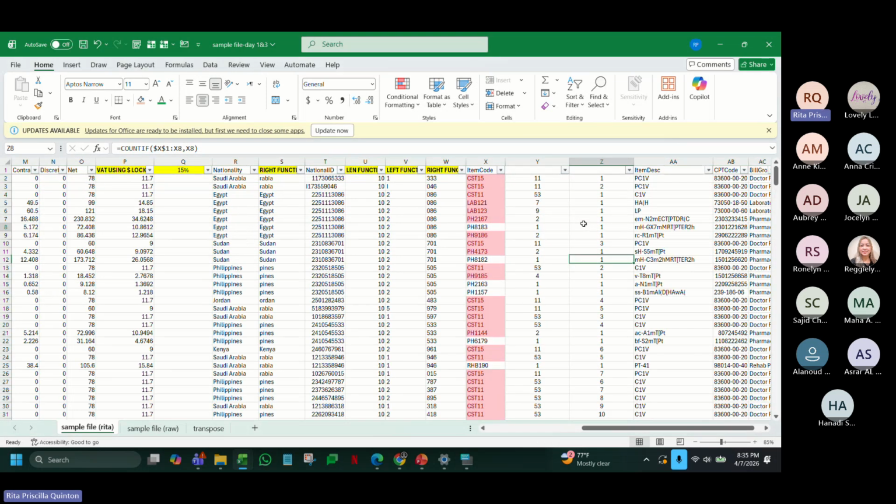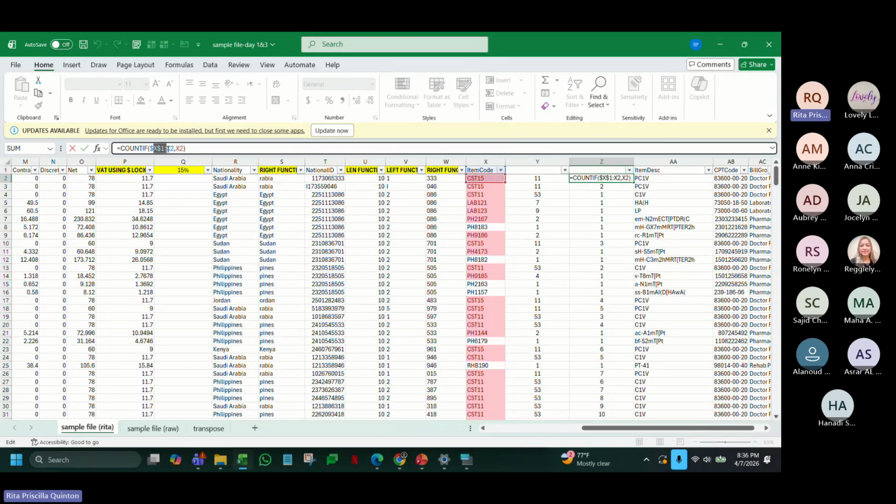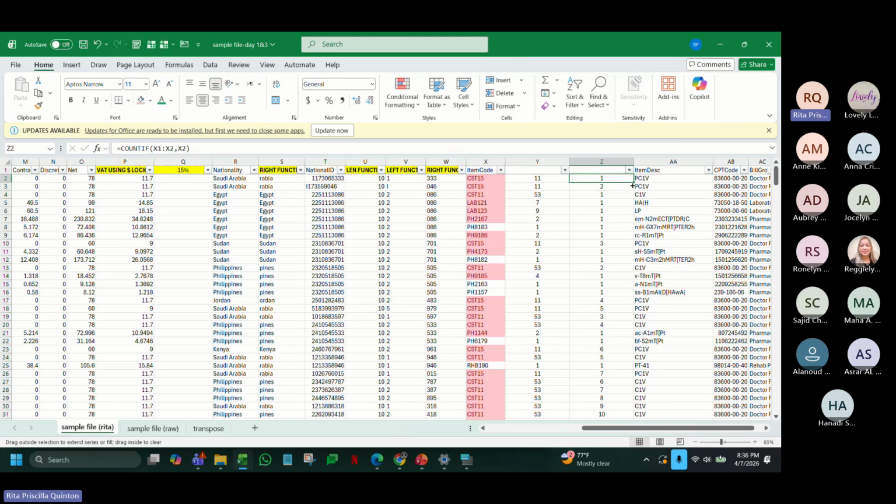I will show you again what it does. Okay. Here, I made this absolute. If I don't make it absolute, it will count for the whole range. So it will count all. If, for example, you did not make it absolute, you only made it x1, and you forget. And sometimes it's fine. I told you it's fine to make mistakes. Just go back to it and then see what happened.